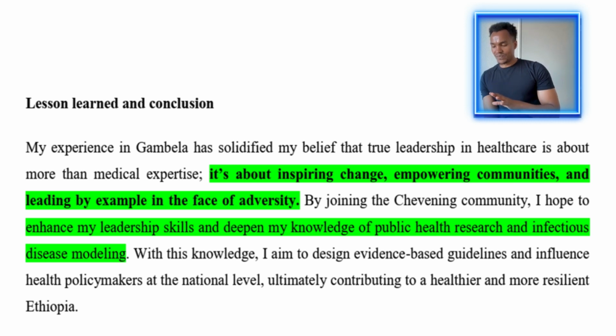Based on this, he puts at the end, with this knowledge I aim to, referring a little bit to his future goal. I aim to design evidence-based guidelines and influence health policymakers at the national level, ultimately contributing to a healthier and more resilient